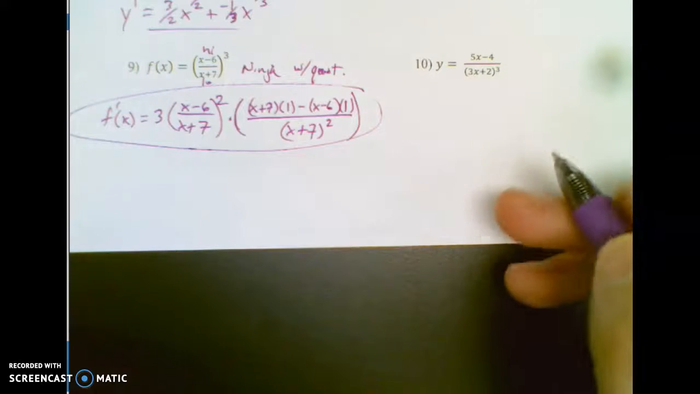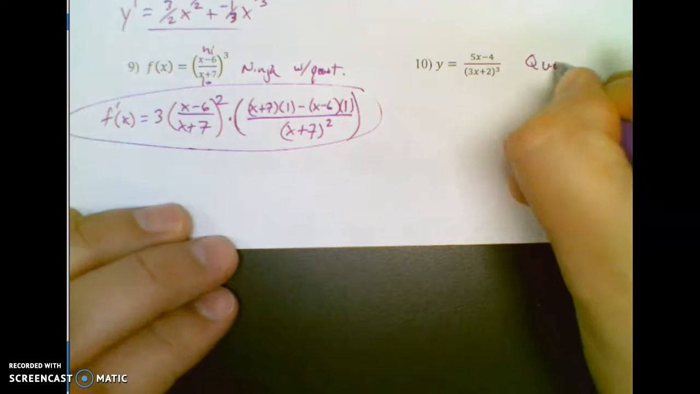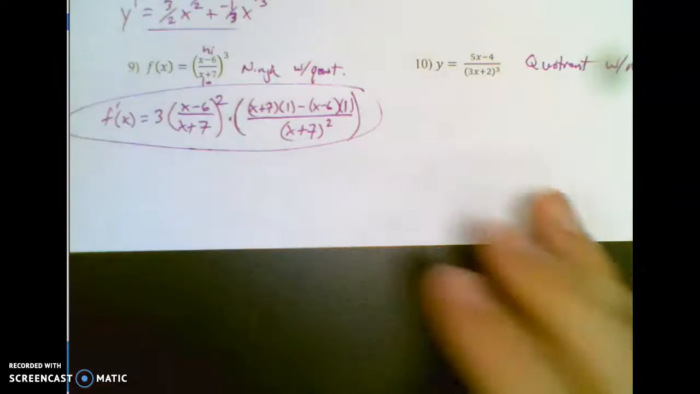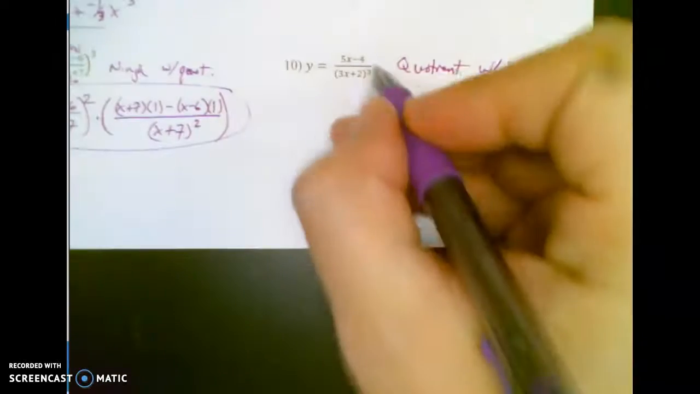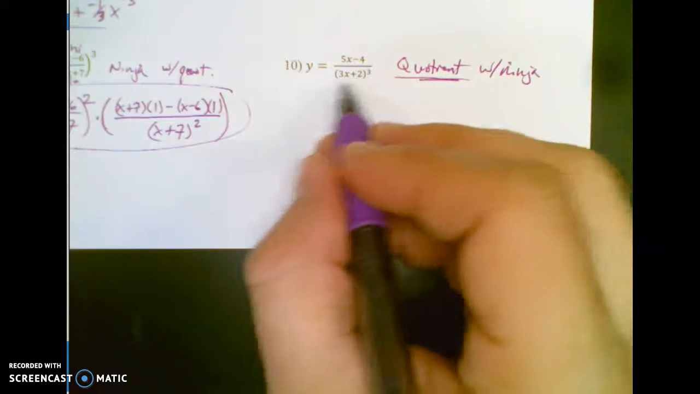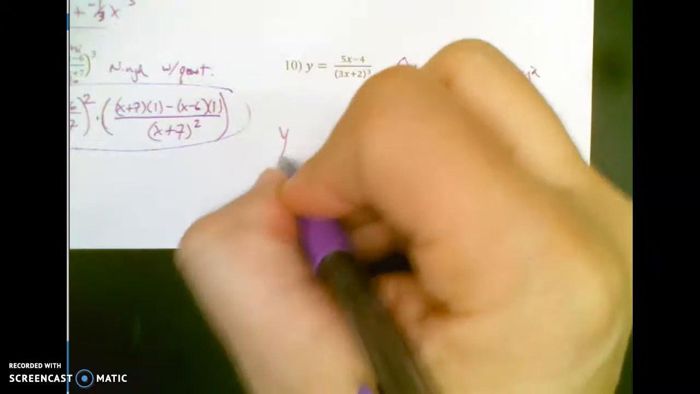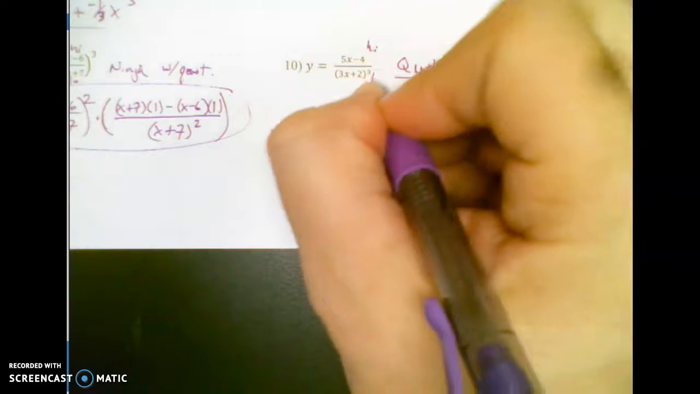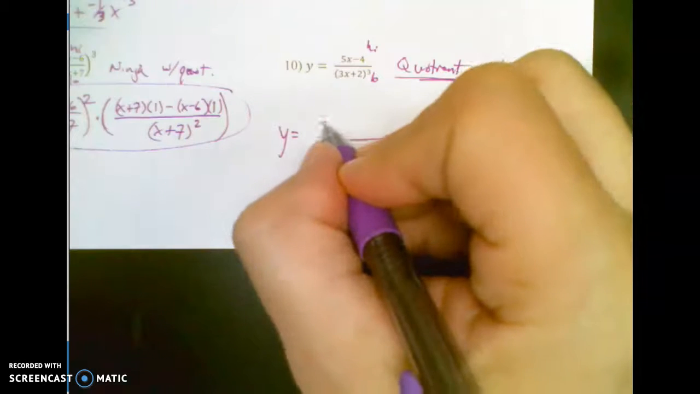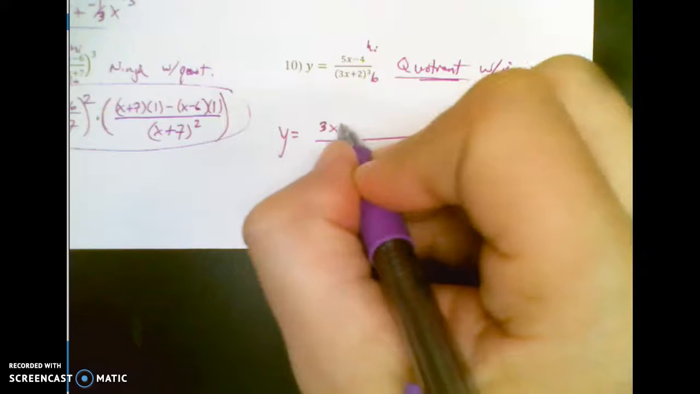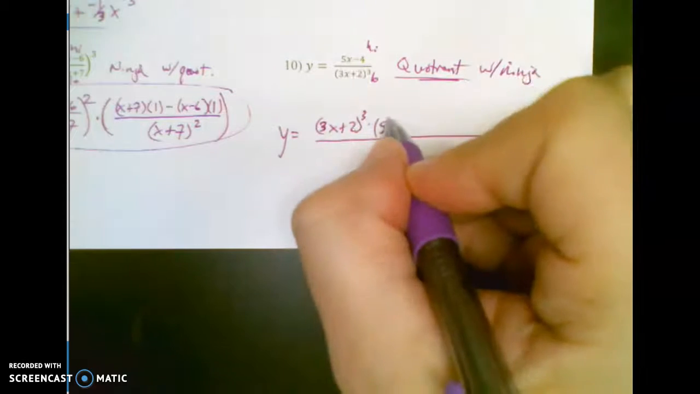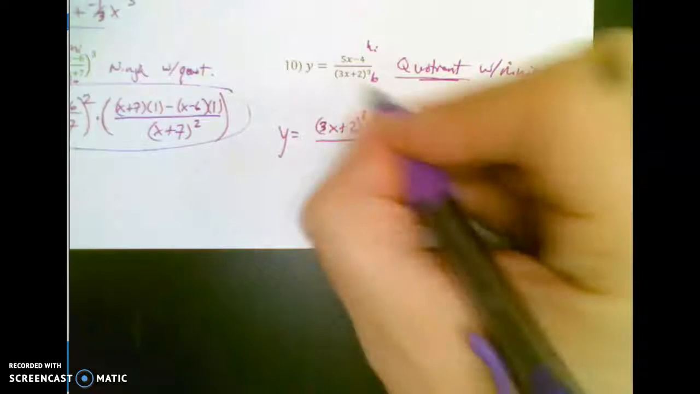This one's a quotient with a ninja. Ooh. So this one switched it up on you from the last one. So I treat it like a quotient rule because it looks like a fraction. It just happens to have something ugly in the bottom. So when I do this, here's my high, here's my low. When I do this, I got low. Remember, you're not taking the derivative right now. Times derivative of the high, which is 5, minus high